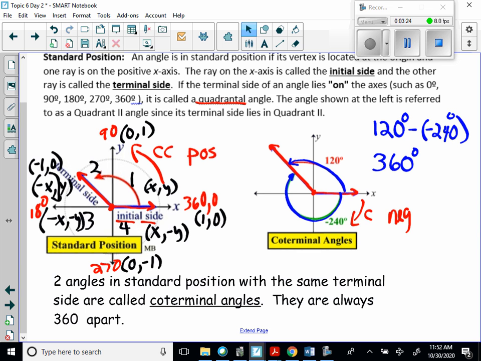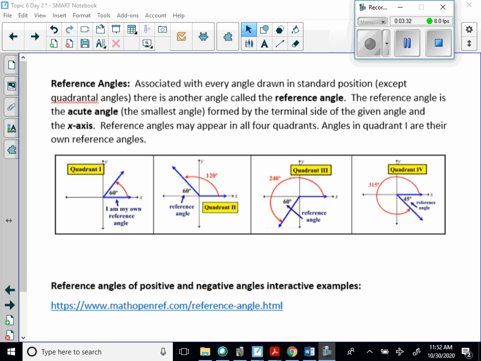Okay, so this is mostly just definitions on this page, so pause if you need to write down what additional information I did, and then we'll move on to the next screen. Now, oftentimes the values with trig functions repeat themselves, so reference angles are very important to us. Reference angles are associated with every angle drawn in standard position, except for quadrantal angles. Okay, there is another angle